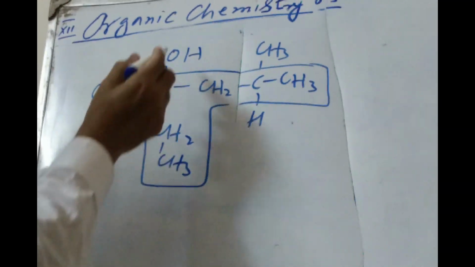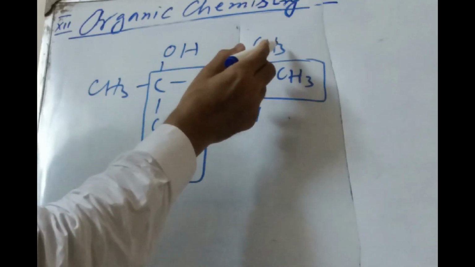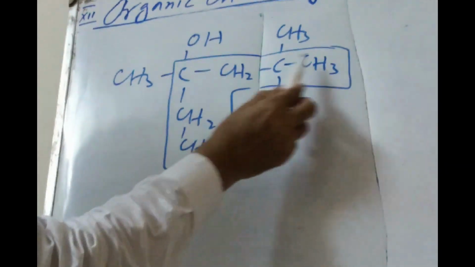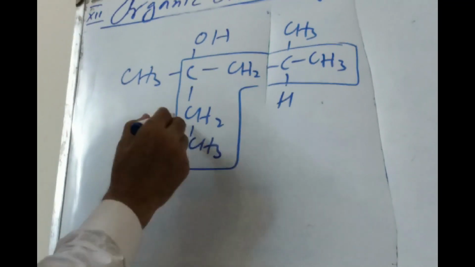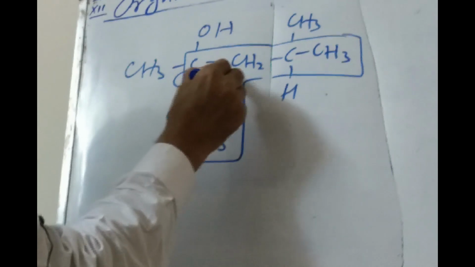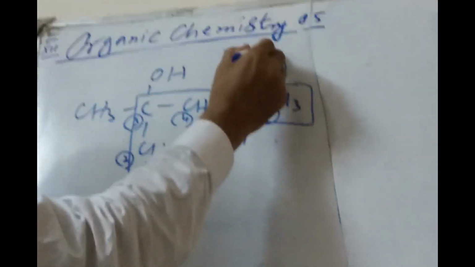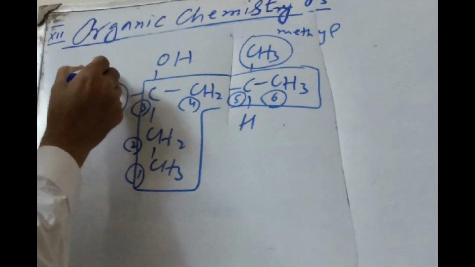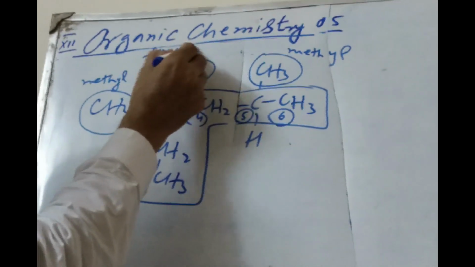Now we will see the OH group, not the methyl group. It is the second position from the methyl group side, but OH attains the 1, 2, 3 position from this side, and from this side 1, 2, 3, and 4. So the numbering should be from the left side, that is 1, 2, 3, 4, 5, and 6. You know, this is the methyl group. This is again the methyl group, and the functional group is the OH.